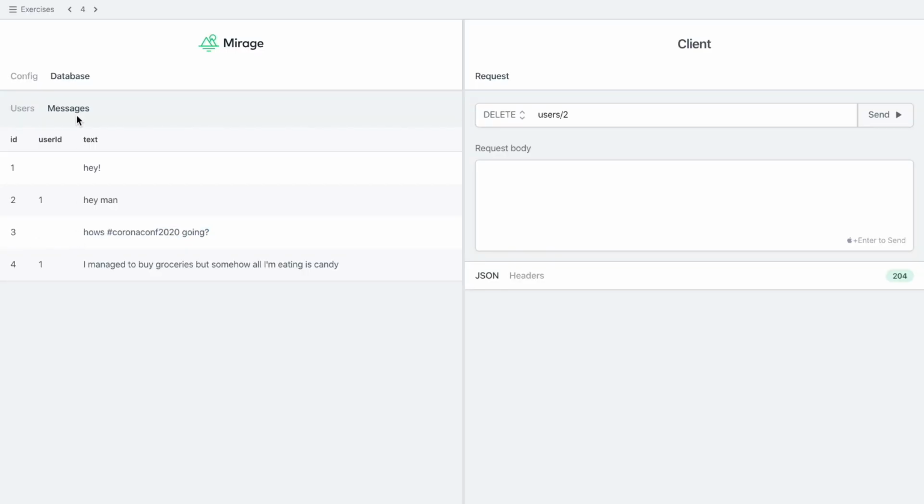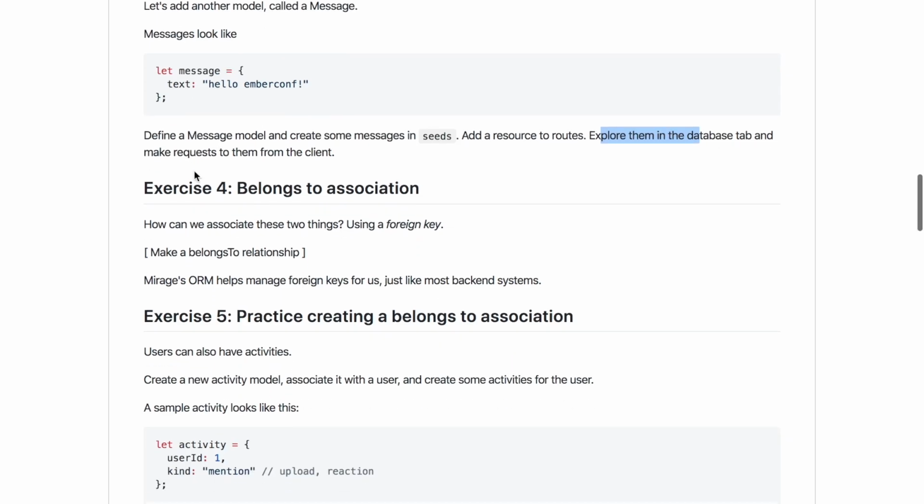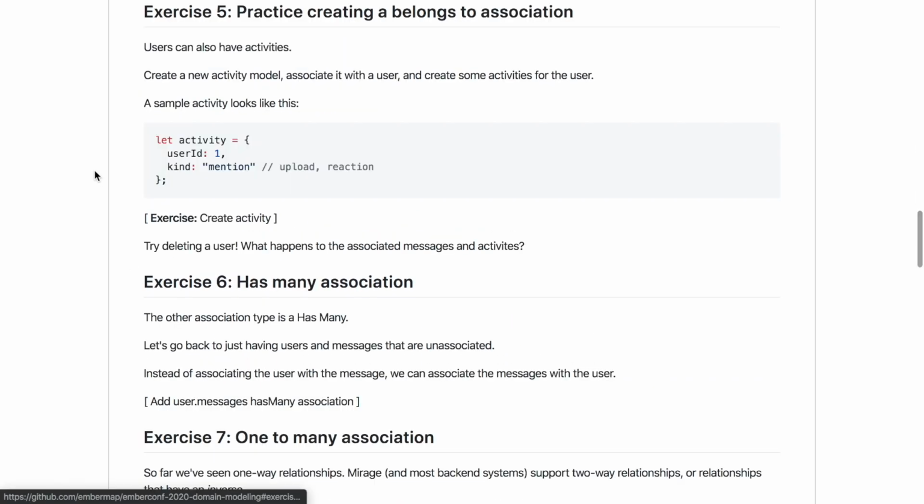And so the real value here is learning these conventions and learning how to stay within these lines. Okay, so that was exercise 4. If we go over to 5, this is going to be a practice exercise where you get to practice making a belongs to relationship. If you come over here to the README and look at exercise 5,